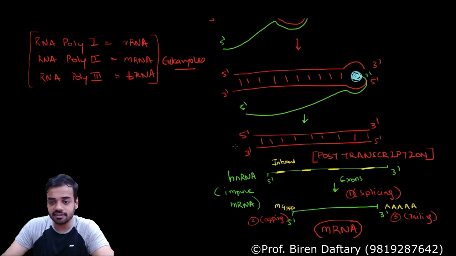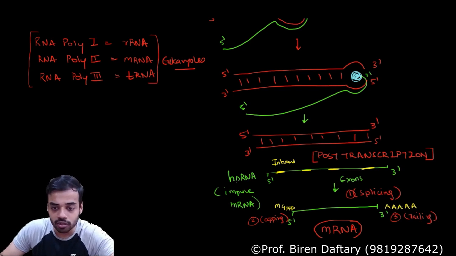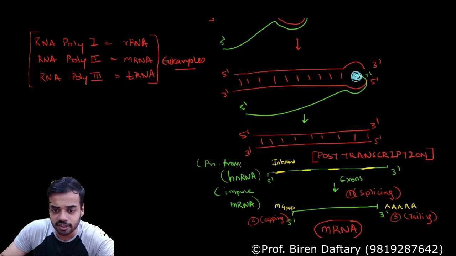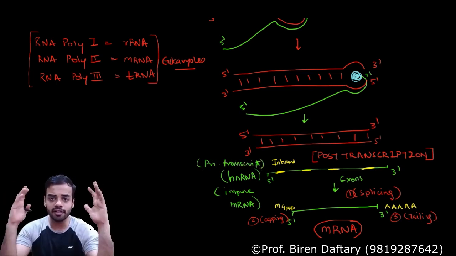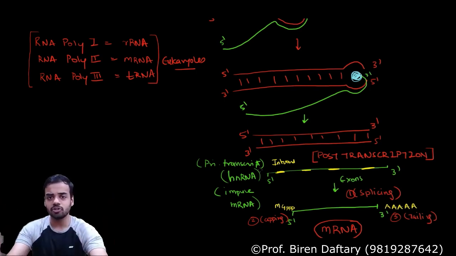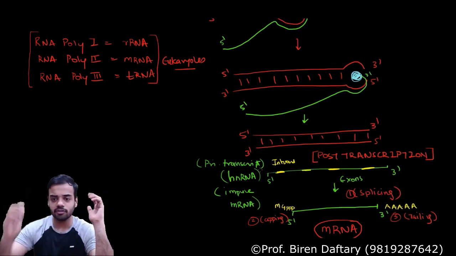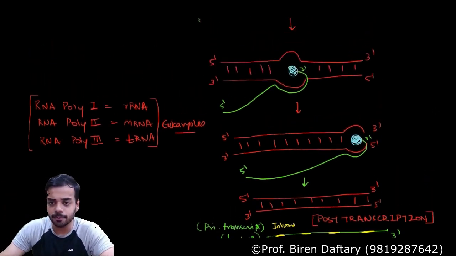Another thing, this impure RNA is also called as primary transcript. So if you want, I will write it down. So there are three names: impure RNA, mRNA, heterogeneous nuclear RNA, or it is also called as primary transcript. This is the word given in your book. Is this clear? So have we completed with transcription? Yes. So I hope this part is entirely clear. So we have finished with transcription. All right. So I hope this part is clear.